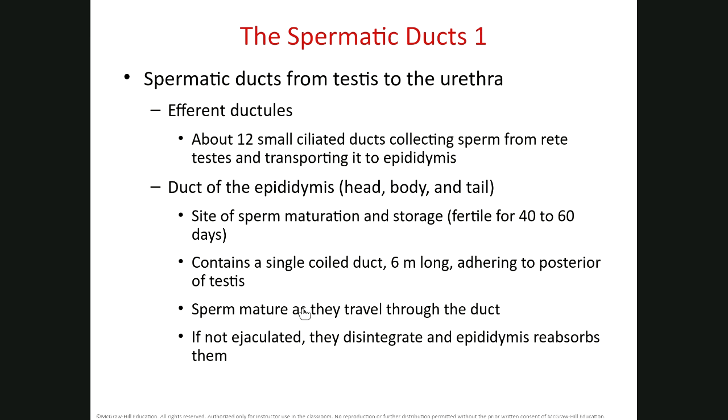There's about 12 ciliated ducts opening, collecting sperm, and then, like we said, it ends up in the ducts of the epididymis, and then eventually the sperm mature, travel through the duct. If they're not ejaculated, they disintegrate, and the epididymis reabsorbs them. Okay, so that's the same thing that will happen if you had vasectomy. When the sperm is not ejaculated, they will disintegrate, and the epididymis reabsorbs them. Okay,